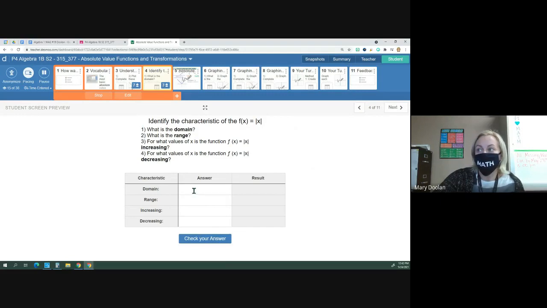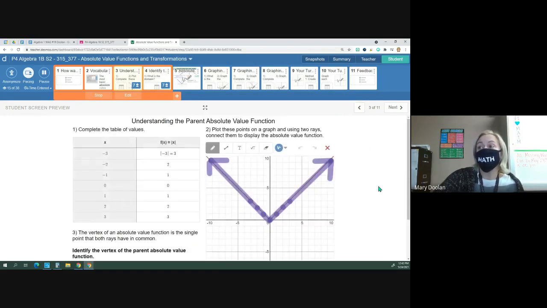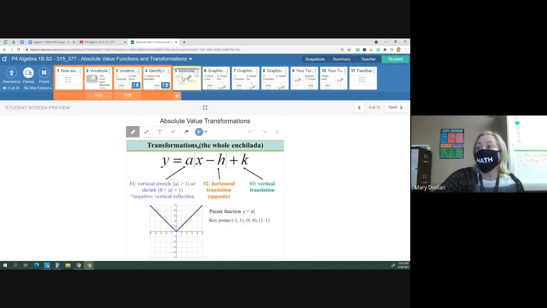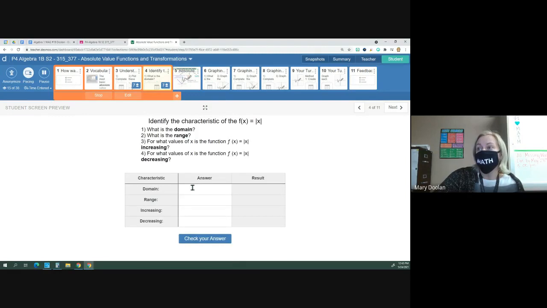The domain is all the possible x values. So if I'm just looking at this graph, because it continues on forever in both directions, all the x values are possible. So this is when we would say that x is all the reals, or you can even put it as,